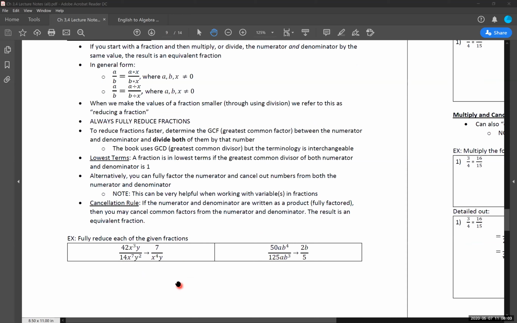So we're going to go through both of these in detail. We already have the answers given to us, so we can at least check our work, assuming I've put the right numbers in this time also. But we can go through this and see what we're getting with each of these and then go on from there. So I'm going to jump us over to our whiteboard, but these are the two examples that I'm going to be referencing for fully reducing down fractions. So we'll jump over to our whiteboard here.